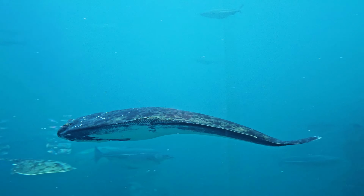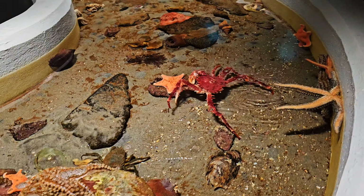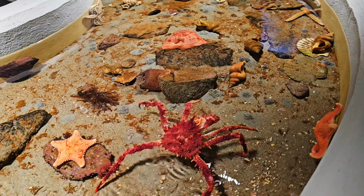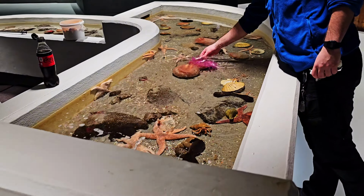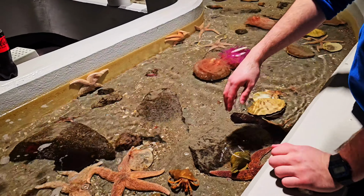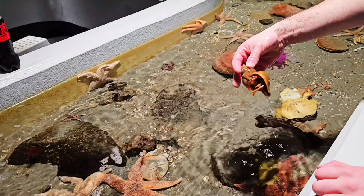More than bone crabs. Here we have a hermit crab, for example. So now if you want to touch and you want to hold all of these,